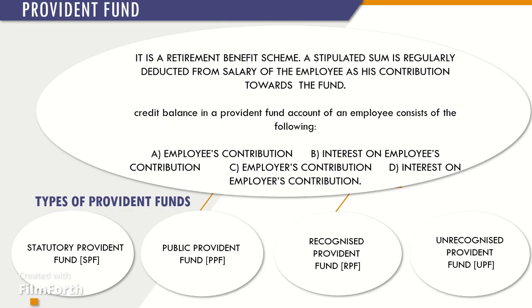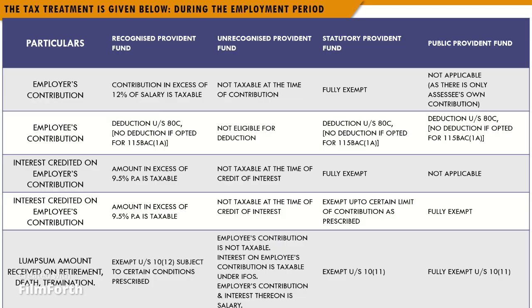1,50,000. As per PPF rules, a member of PPF may deposit his contribution in as many installments in multiples of Rs. 500 as is convenient to him. The amount of contribution may be paid at any of the offices or branch offices of the State Bank of India or its subsidiaries and specified branches of banks or any post office. The tax treatment is given in the slide for your reference.